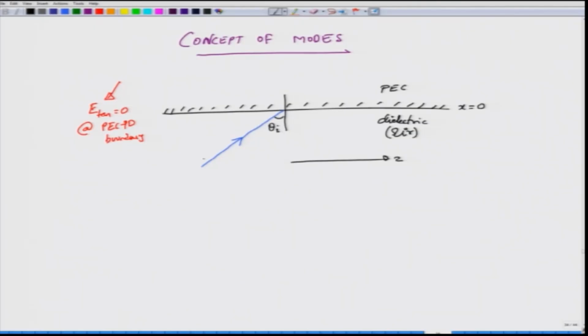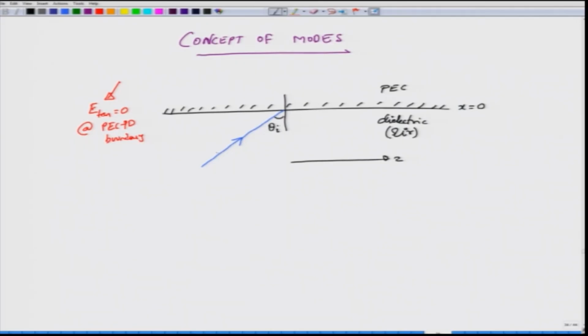Now, when I send light in this way, you will immediately ask, this is not light, this is actually an electromagnetic wave at a lower frequency, a microwave field, for example. So, you will immediately ask whether I am considering a transverse electric polarized wave or a transverse magnetic polarized wave. To keep the math simple,